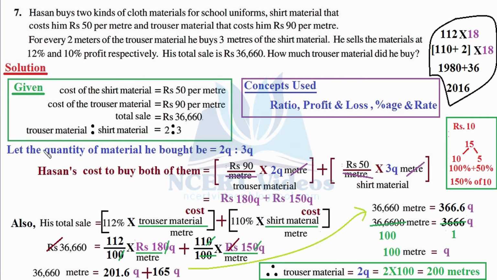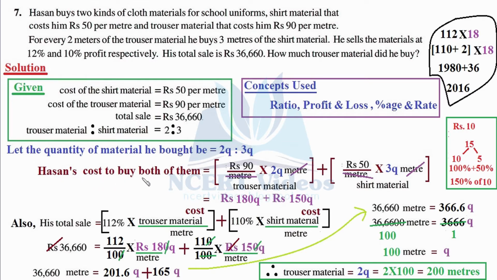So we write, let the quantity of material he bought be equal to 2Q ratio 3Q, because these are ratios, not the actual quantity. Actual quantity can be found if we have some common factor, which we usually do in all our questions. So we did the same. By Q, we are assuming our variable to be small letter q, which is the initial letter of the word quantity. Therefore, we took small q. You can take any variable that suits your need, because we have assumed the total quantity of material he bought. So with the help of that, we can deduce the total cost price of these items that he spent.